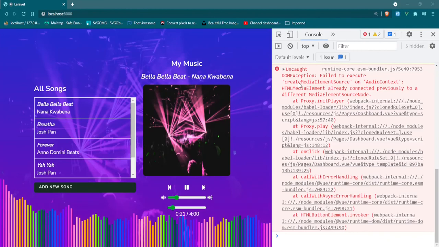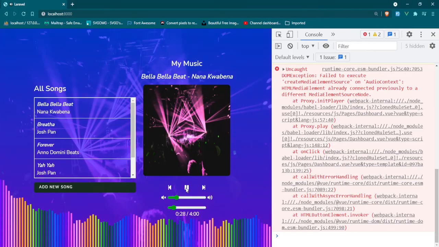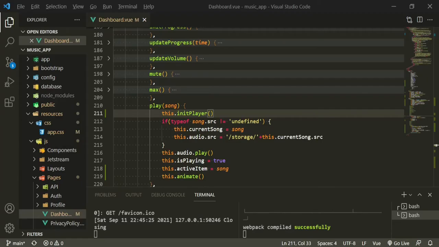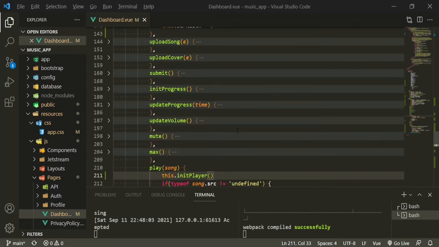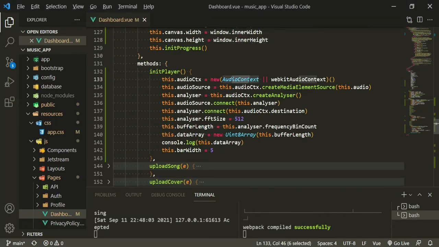And we also have, let's see, failed to execute createMediaElementSource on AudioContext. Okay, so that might be connected. Let's go ahead and pause this. At least we are seeing the bars now. We'll go back to the text editor. And that error is actually because this new audio context is designed to not just autoplay when a user enters a page. It's designed to be triggered by something. So there has to be an action on it before you're able to actually use the audio context. That's what that error is telling you. Like, it'll still play, but it will throw that error in case you